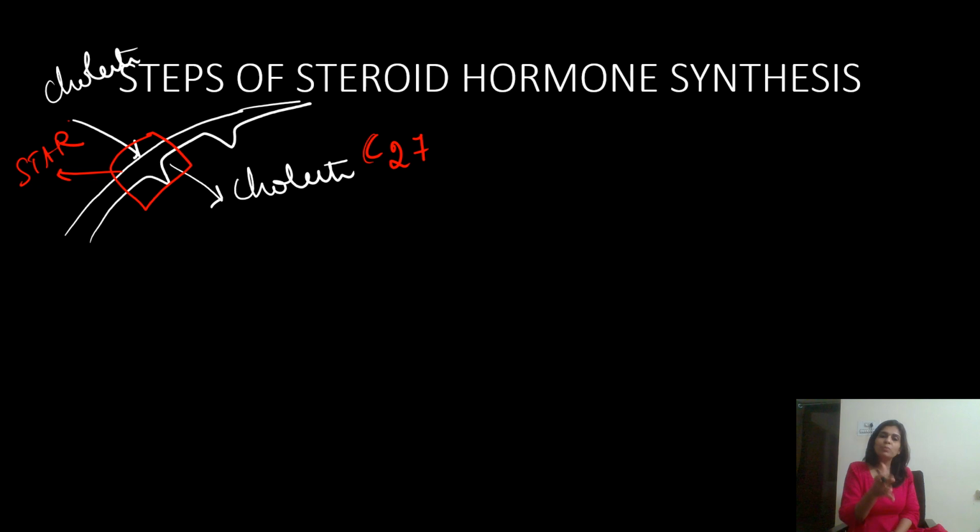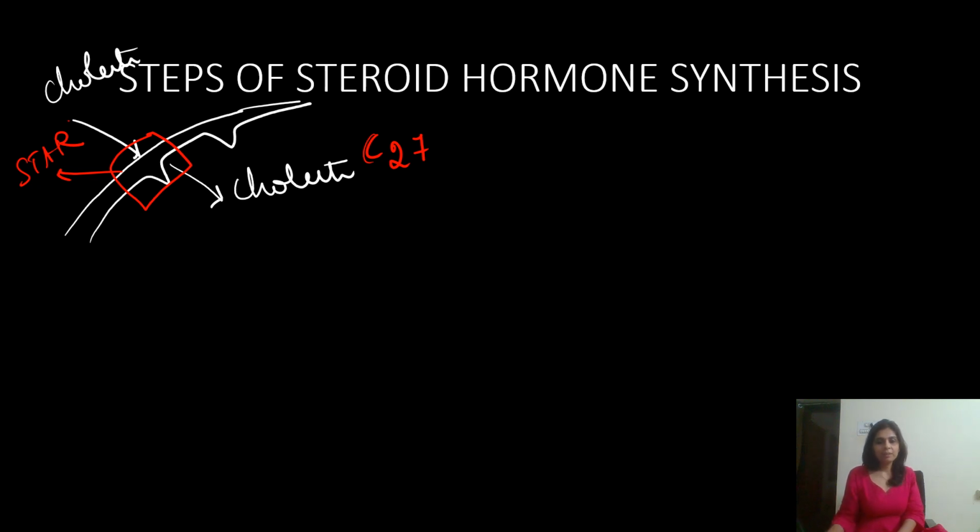So why am I telling you about C27 steroids? Because sometimes you fumble when you are asked what are C21 steroids, what are C19 steroids, what are C18 steroids, and no point just memorizing it. If you know the steps of steroid hormone synthesis, even in the deepest of your sleep, if you're woken up, you'll be able to answer that androgens are C19 steroids, estrogens are C18 steroids, progesterone is a C21 steroid. So have a close concentration on this discussion. So the precursor cholesterol is a C27 steroid because totally it has got 27 carbon atoms.